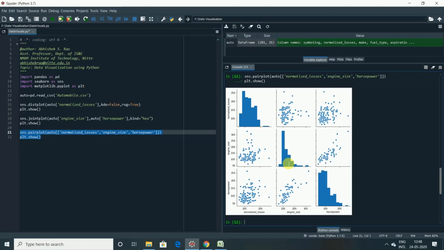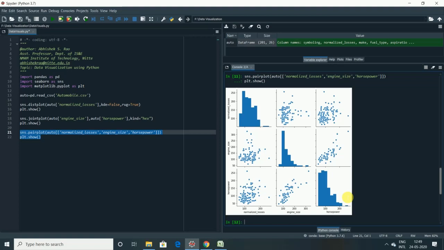Thus, using a pair plot, you will be able to create a single visual that talks about the multivariate analysis, and at the same time understand the single distribution using the diagonal histograms. That means you get to know the single distribution of the values using the histogram, and you can also understand the relationship among the variables using the scatter plots, all in a single graph. Right? So this is how we can visualize using pair plots.